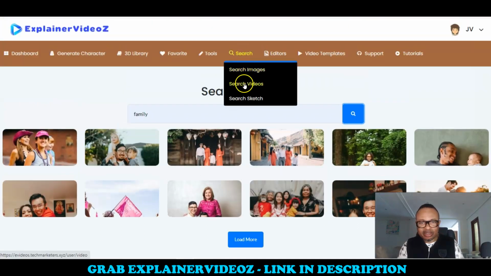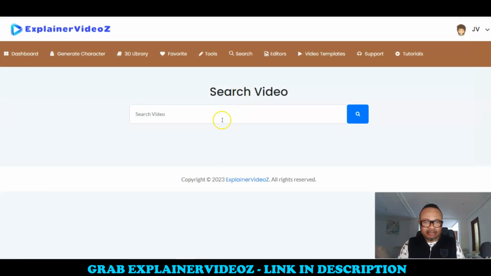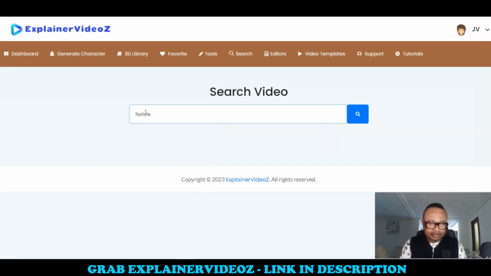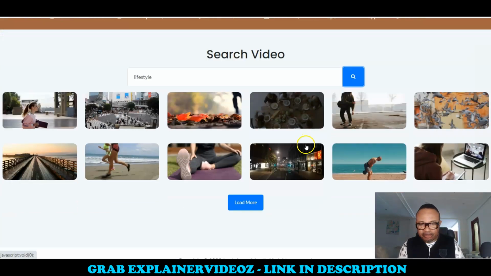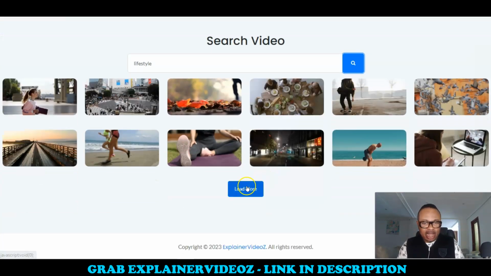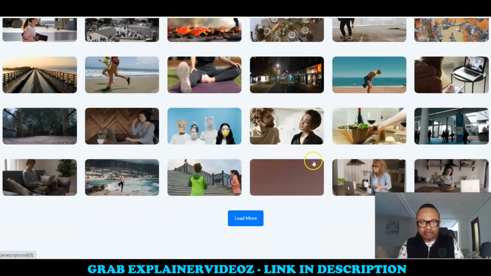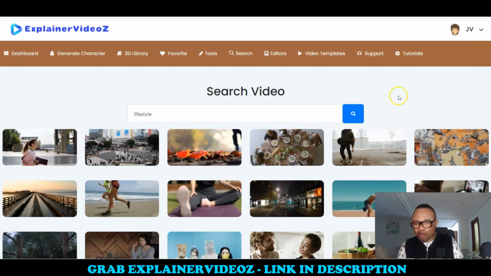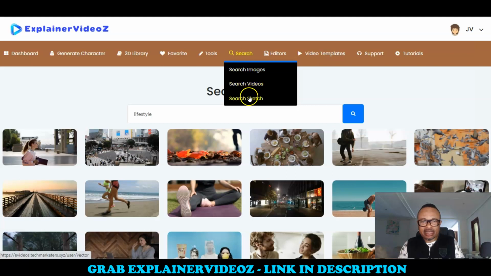And then here you can always search videos as well. If you search video for lifestyle, my lifestyle for example, and you click search, it's going to give you videos on lifestyle, and you can load more with this button. It's going to give you more and more videos on lifestyle. It could be someone working from home or anything of that sort, and then you have sketch with this button,